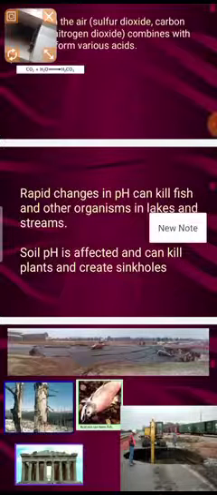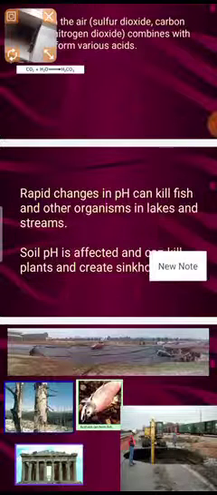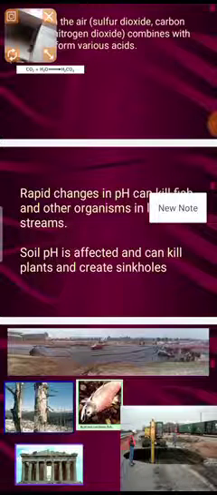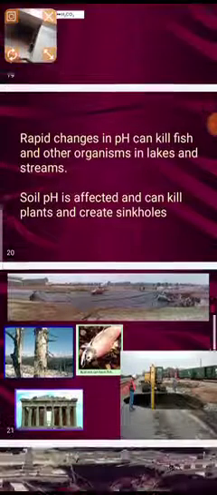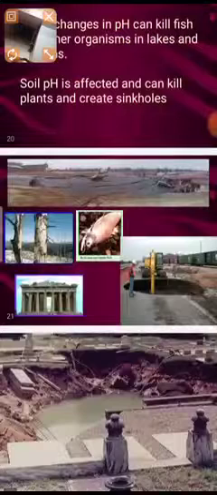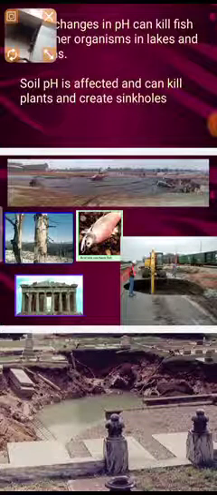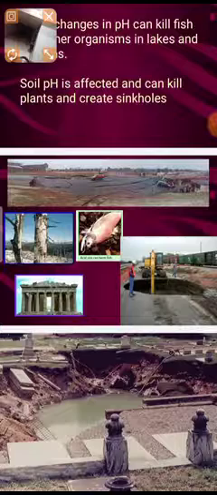So the salts which are formed in the soil in the fields make it fertile or infertile depending on whether the soil is acidic or basic. Here are some pictures showing how living beings, nature and the environment are affected due to changes in the soil pH, or changes in the environmental pH too.